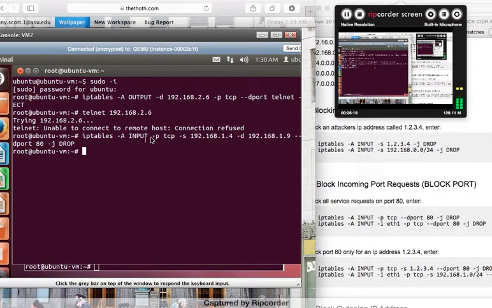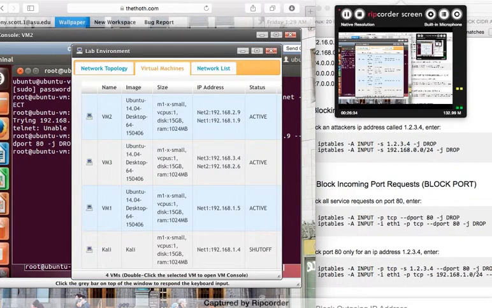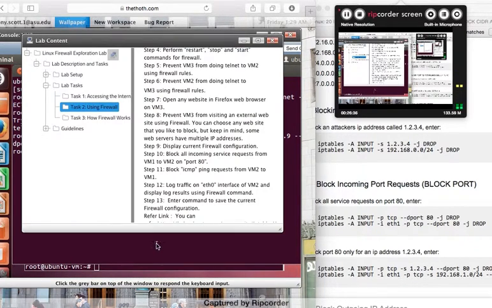I want to block all connections to VM2 from VM1 using port 80. Those will be dropped. So now, looking back at my lab content, the next thing that I need to accomplish